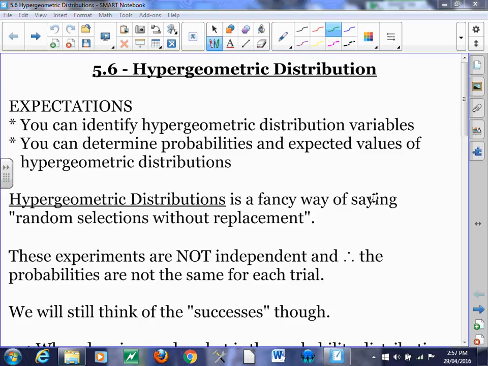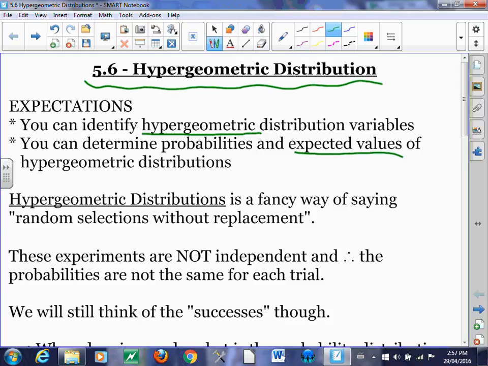Now hopefully you've taken a little break in the mid-chapter review, where you examined just expected value, and then we took a look at two specific cases where we had binomial distribution and geometric distribution. So today we're going to learn how to identify what is called hypergeometric distribution and how you can determine the expected values of that as well. Okay, so what does it mean when we talk about